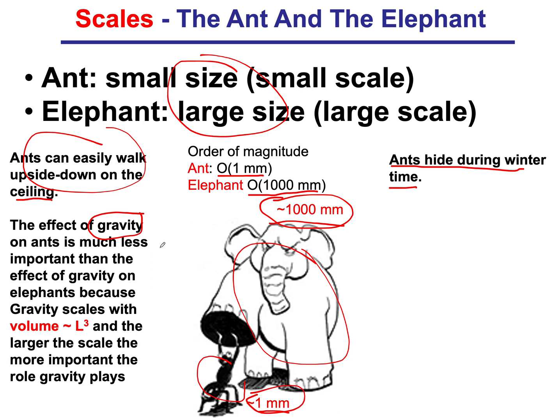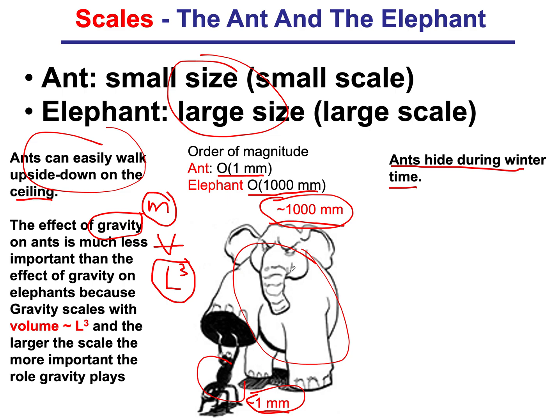Gravity, or the weight, goes with the mass times g. So the gravity scales with the mass, and what I mean by scales is that if my mass goes up, the gravity or the weight of the object is going to go up. And the mass is just density times volume. So the mass scales with the volume. But the volume scales with the length cubed. So the weight of an ant scales with its length cubed,